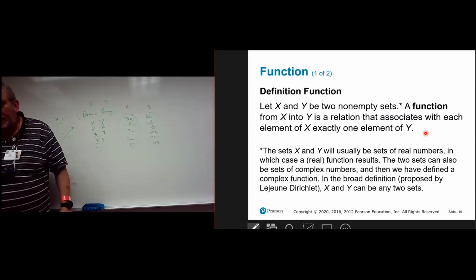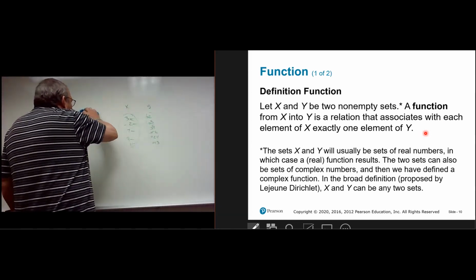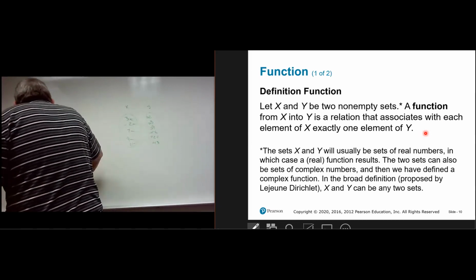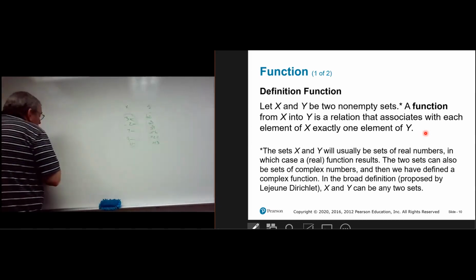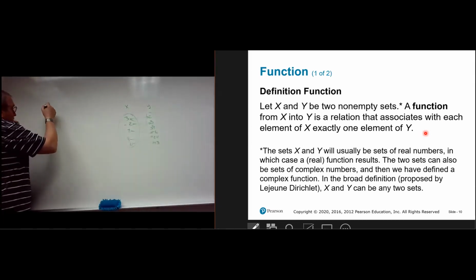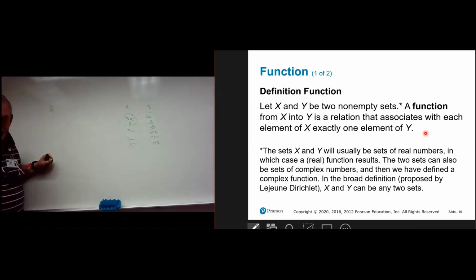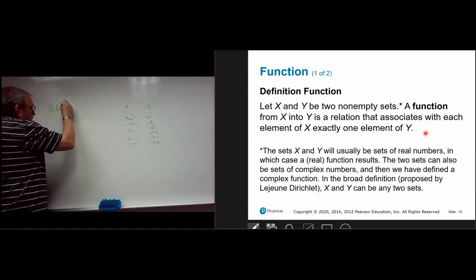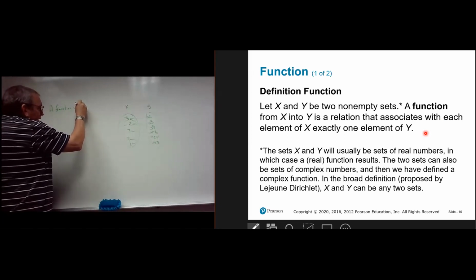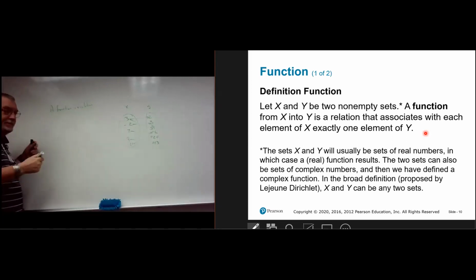So, okay, now a function. Their definition of a function is a little wordy, but I'm going to write my definition up here. And it pretty much echoes what they say there. A function is a relation. In other words, a function is a set of ordered pairs